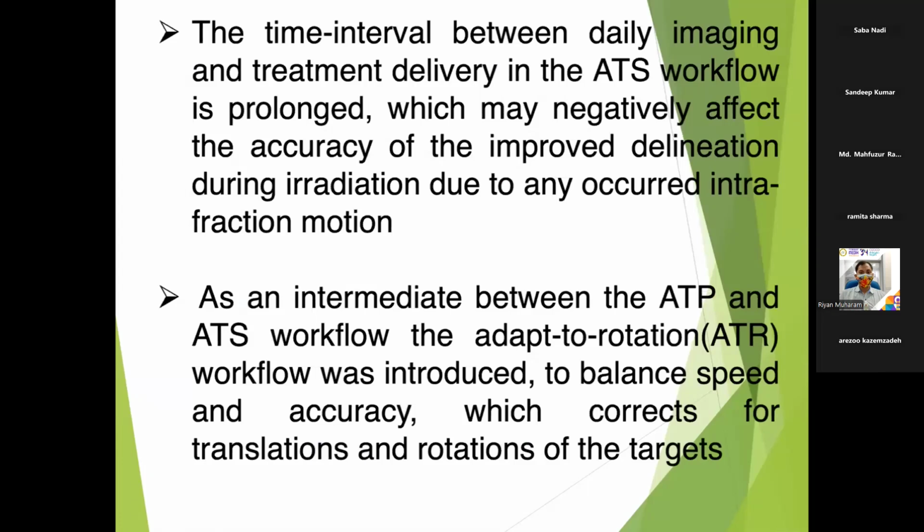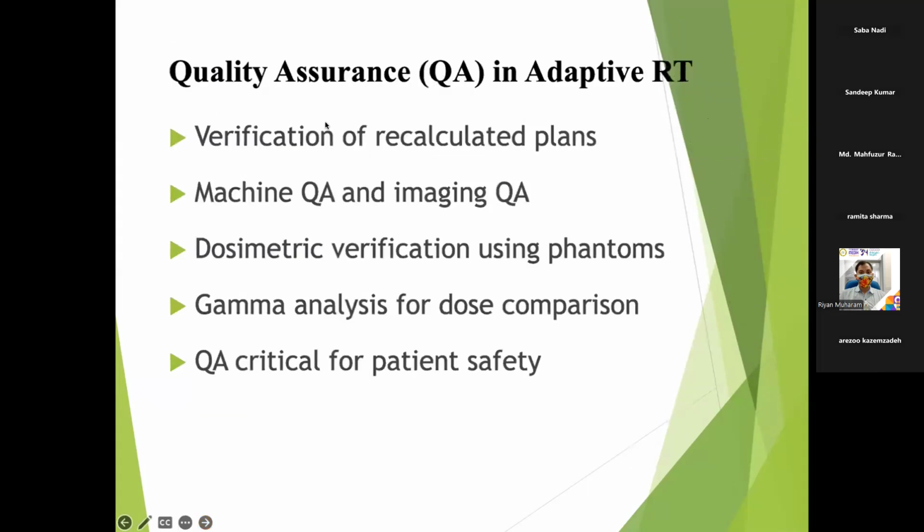Hence, there has been an in-between workflow defined, or we can say designed, but I don't know how much it is in practice. It's an adapt-to-rotation workflow to balance speed and accuracy, which corrects for the translations and rotations of the target. Finally, we come to quality assurance in adaptive RT: verification of recalculated plans, machine QA and imaging QA, dosimetric